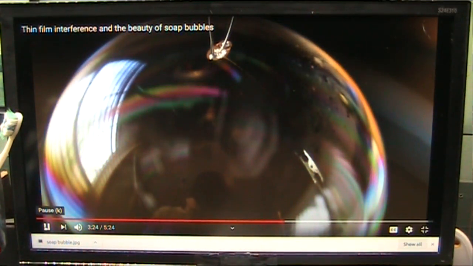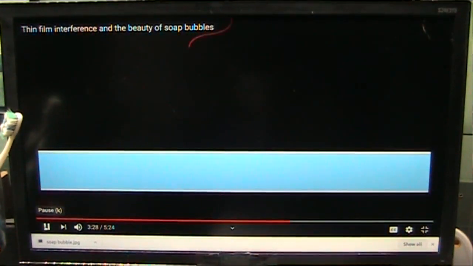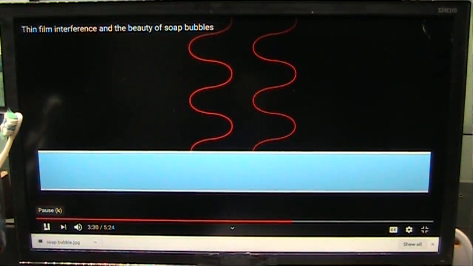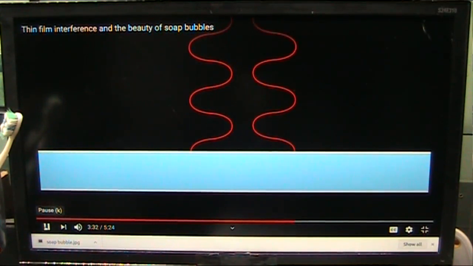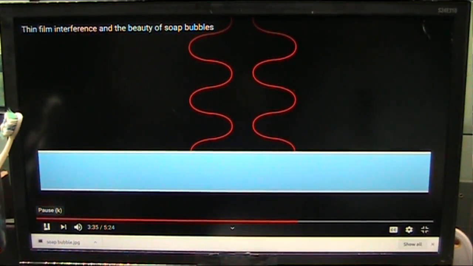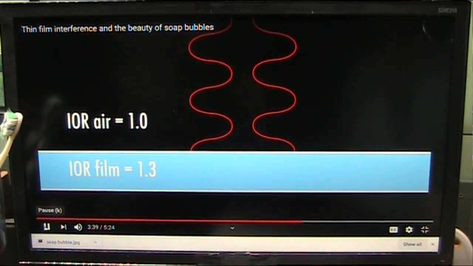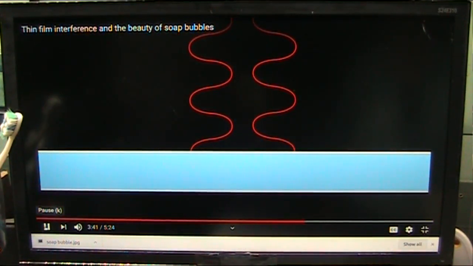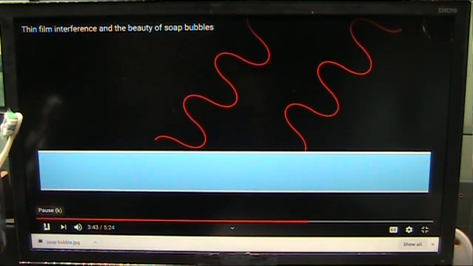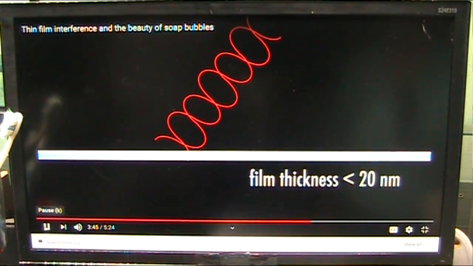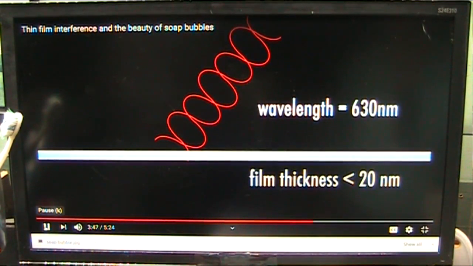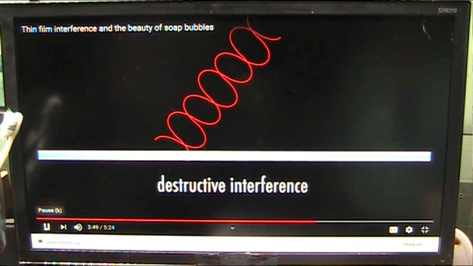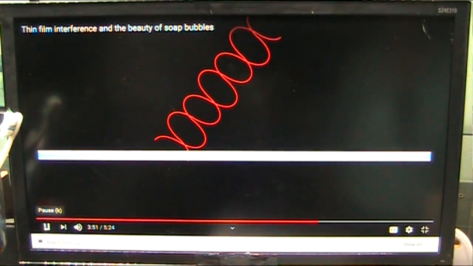The reason we don't see white is because there's something I forgot to mention earlier. When a light ray bounces off of an interface, that first ray of light will actually be phase shifted by 180 degrees, or half a wavelength, if the index of refraction of the first material is less than the second. So, when the film is so thin that the extra path length traveled by the second reflection is negligible compared to the wavelength, again, the first reflection will destructively interfere with the second because of the phase shift.